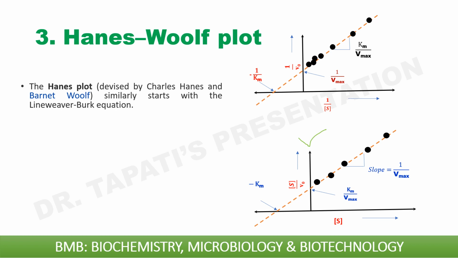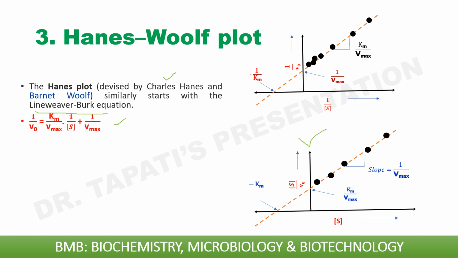Similar to the Eadie Hofstee plot, the Hanes plot starts with the Lineweaver-Burk equation, and the Hanes-Woolf plot was devised by Charles Hanes and Barnett Woolf. Now I am writing the Lineweaver-Burk equation. This is the Lineweaver-Burk equation, that is 1 by V0 is equal to Km by Vmax into 1 by S